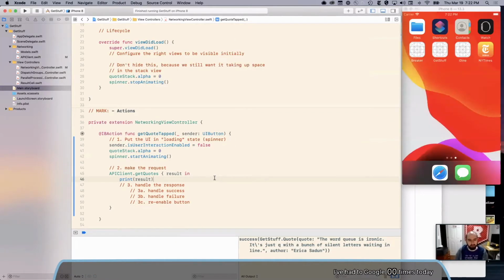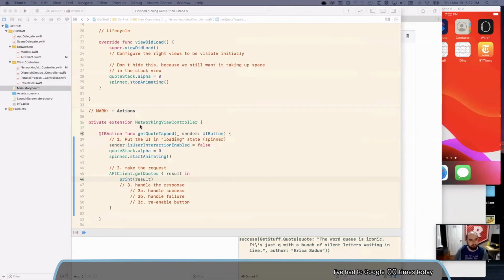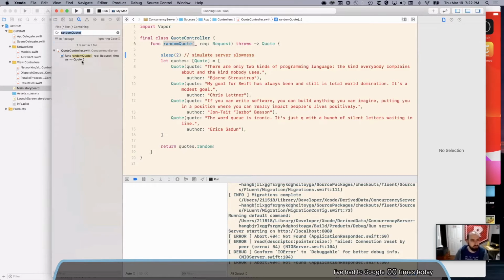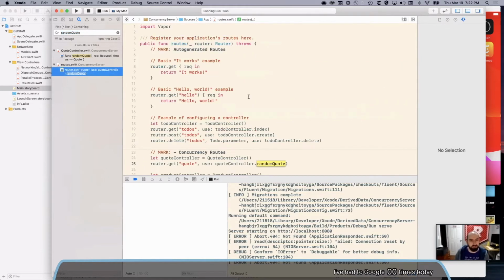Somebody asked about simulating an error. So if I go into the server code, let's see, I'm going to make this like 2 seconds just because 5 is long if we're going to keep testing this. Wait, how is random quote not in? Who's calling this? It's set up as a controller somewhere. If you're searching just in the package... Oh, yeah. I was looking for the, I had a curly brace and it's not used here.